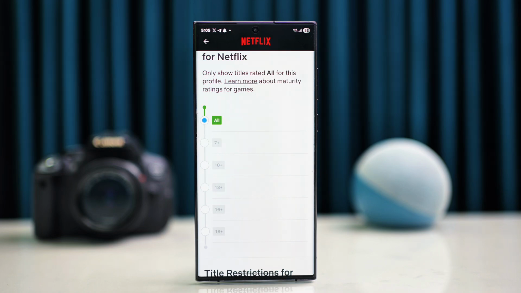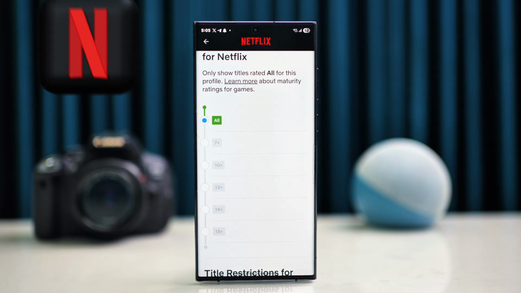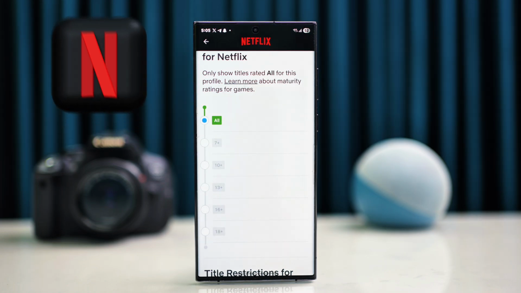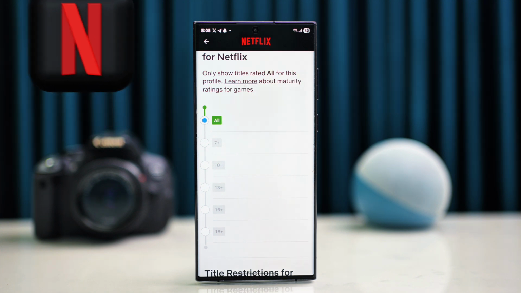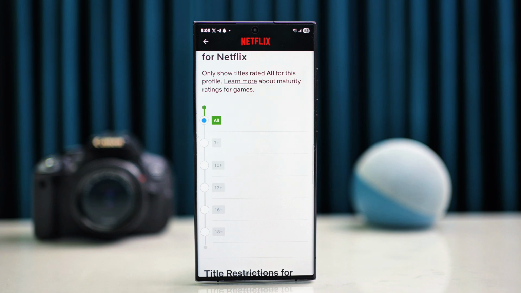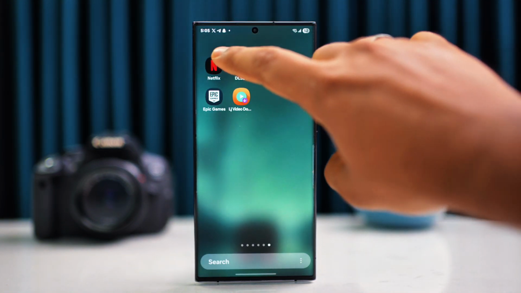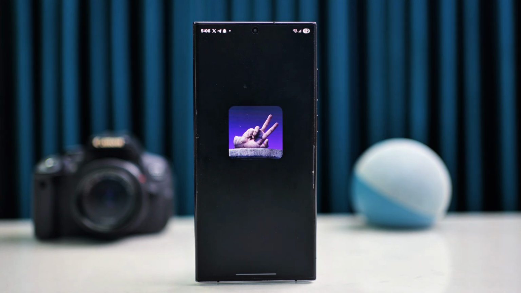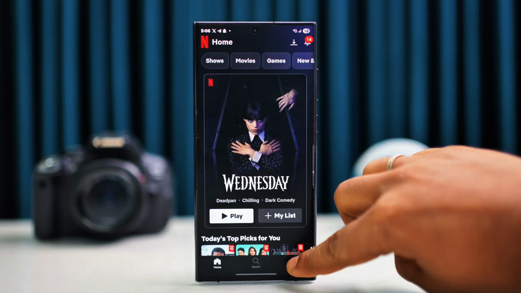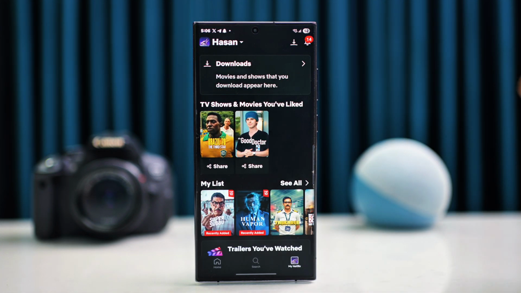Want to control what your kids watch on Netflix using your Android phone? In this video, I'll show you how to set maturity limits and lock profiles with a pin to keep things safe. Let's get started. Open the Netflix app, tap any profile, tap the profile icon in the right side labeled